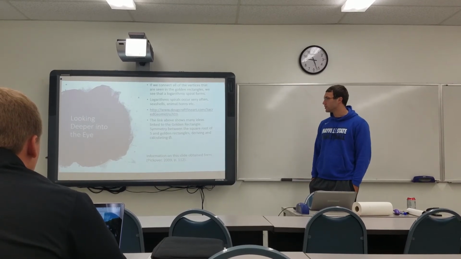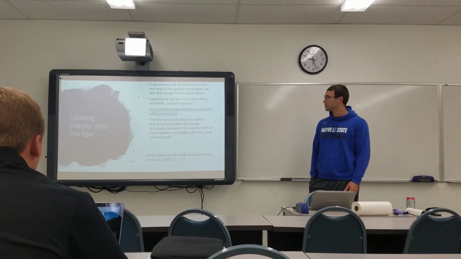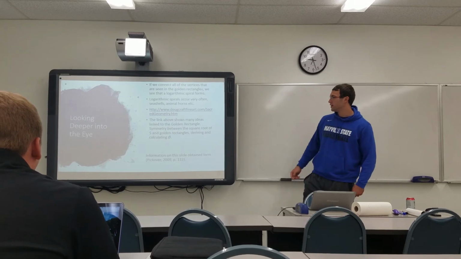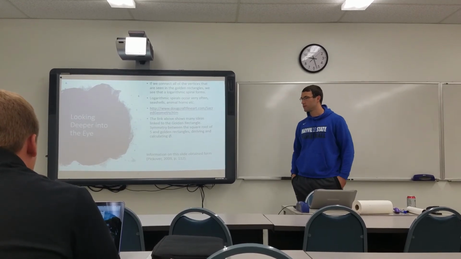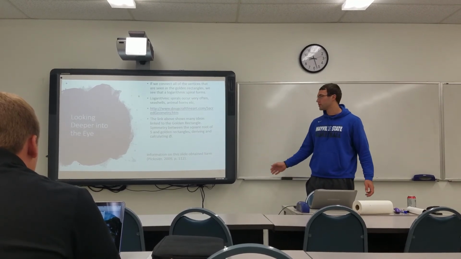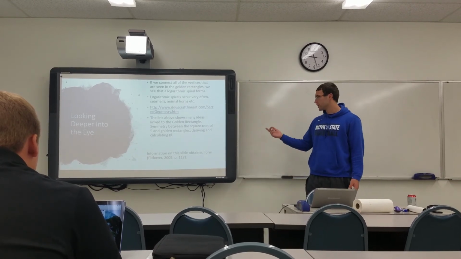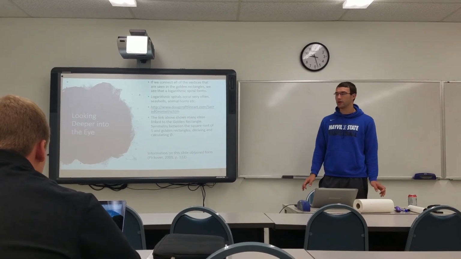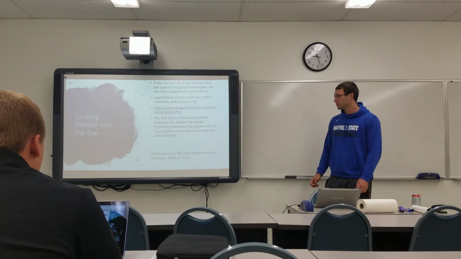That's pretty cool, because we see logarithmic spirals all the time in our world: seashells, animal horns, etc. And then here at DougCraftFineArt.com, this was a link that I looked at, and it was very in-depth as far as golden rectangles. It showed a lot of different ideas, like talking about the symmetry between the square root of 5 and the golden rectangle, and deriving and calculating phi. Just a bunch of different